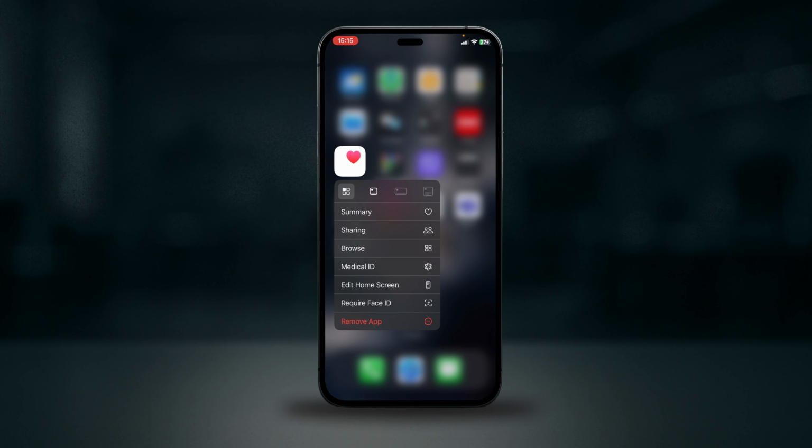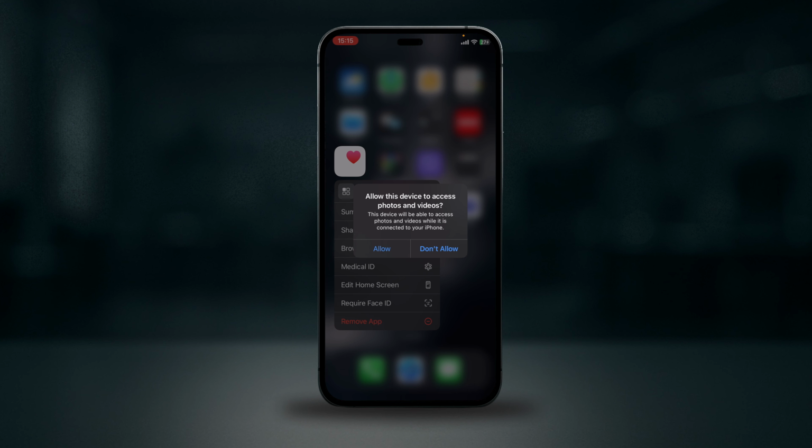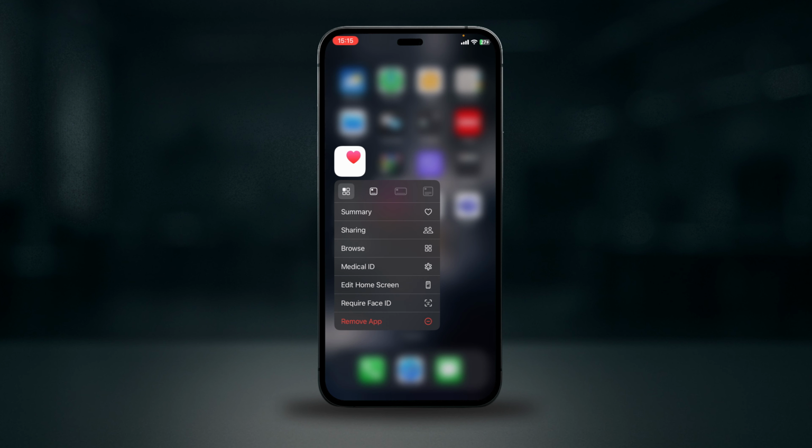Hey everyone, welcome back to another YouTube video, and in this video I'll be showing you guys how to fix login/sync issues in health and fitness apps. So if you're having trouble logging into such accounts, then you're not alone. This issue is more common than you might think, but don't worry, I'll walk you through some super easy steps